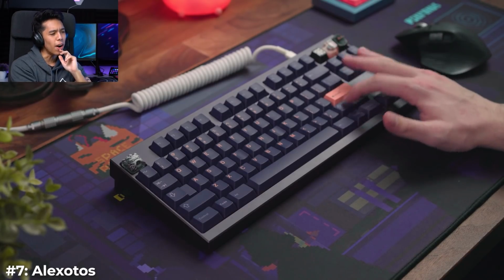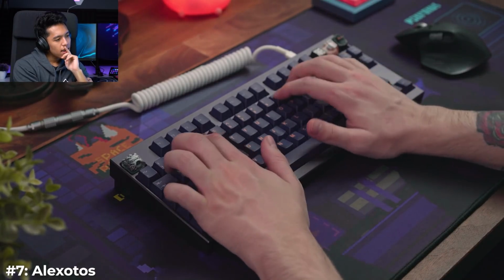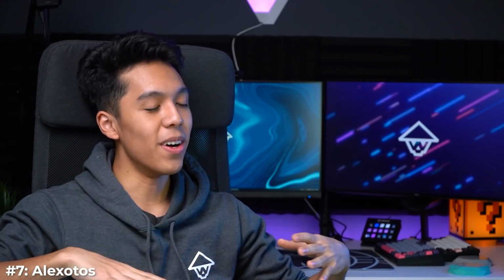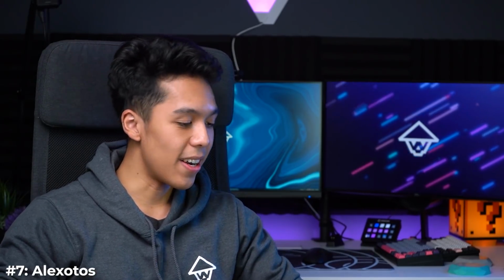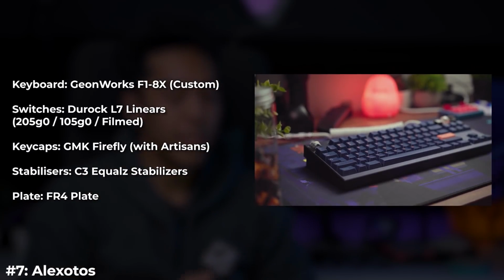Oh my god. I feel so relaxed watching that. Like, the sound of that was just so satisfying, where my entire body is just like, oh my god. Okay. The keyboard is a GeonWorks F1 8X, which is a really popular TKL custom keyboard,